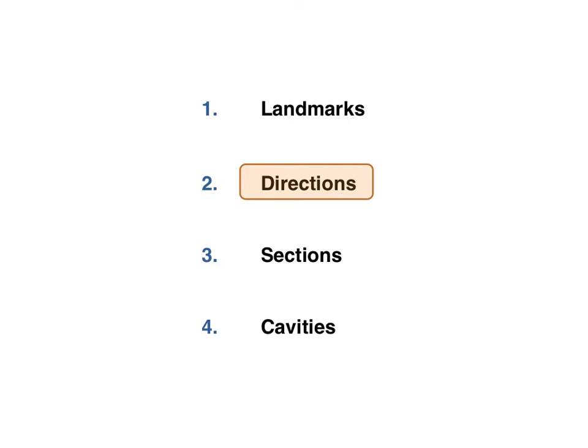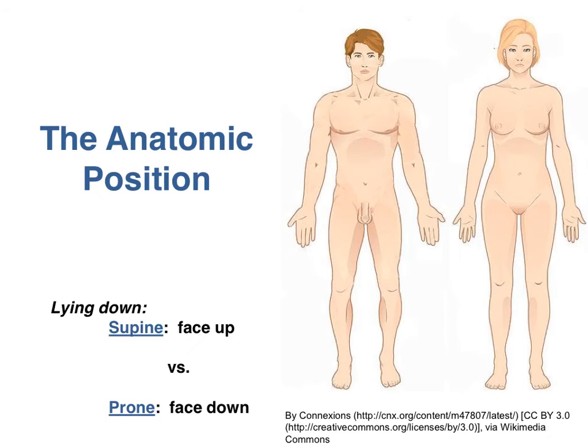Now we'll talk about directions. When you're talking about relative locations to the right or to the left, above or below, directions may seem to be different depending on the position that a patient is in. For example, lift your arm over your head now. We're going to talk about the terms superior and inferior. Superior just means above, higher than. Inferior means below or lower.